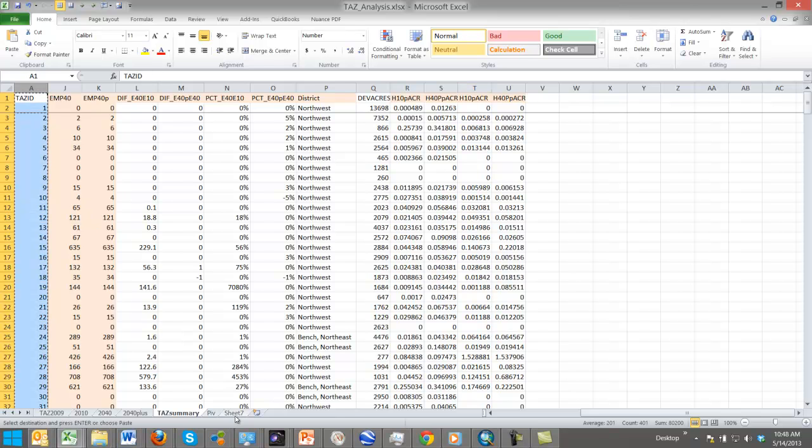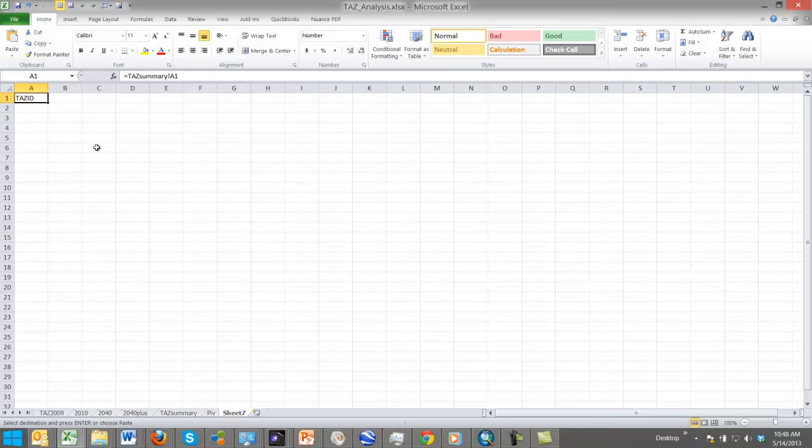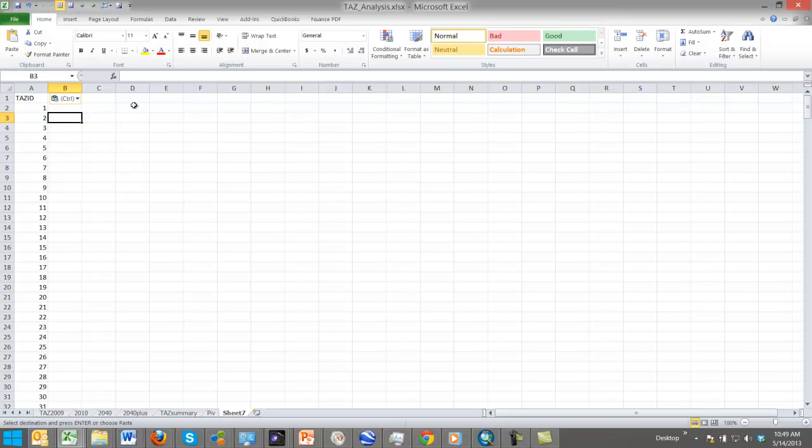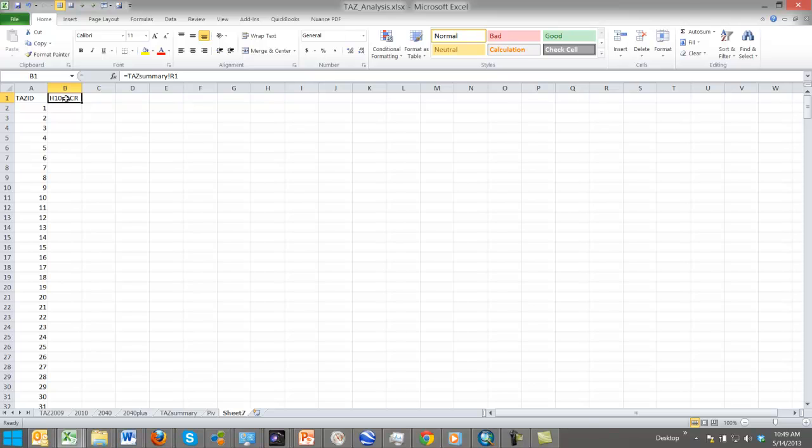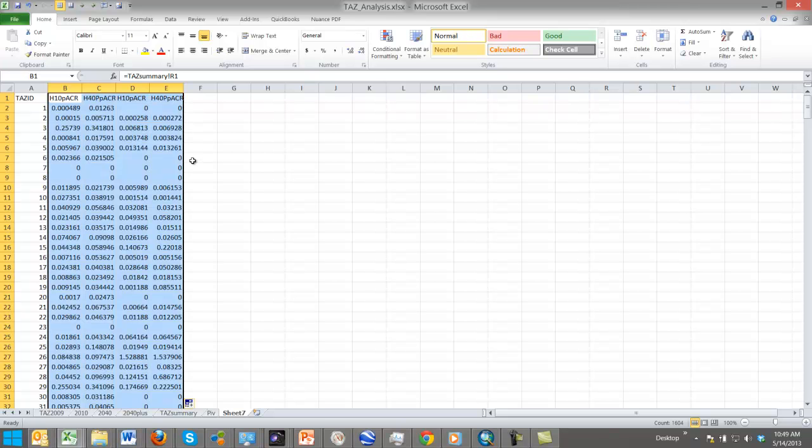So I have to copy the whole field this time, and then I'm going to say equals my 2010 density per acre, and I think I'll just get all of my densities per acre there and copy them down. So now I have